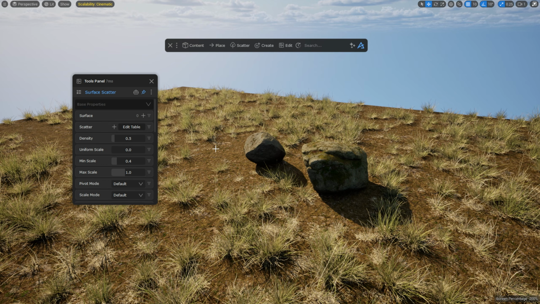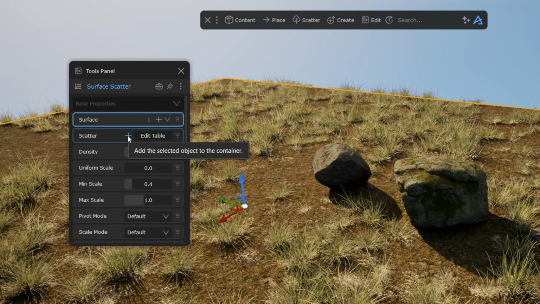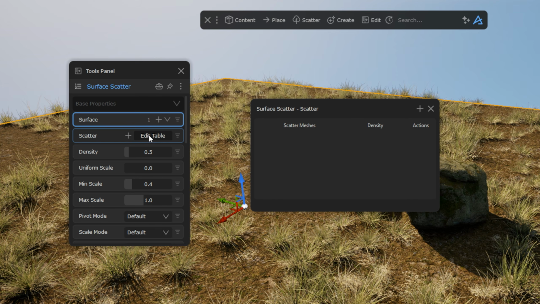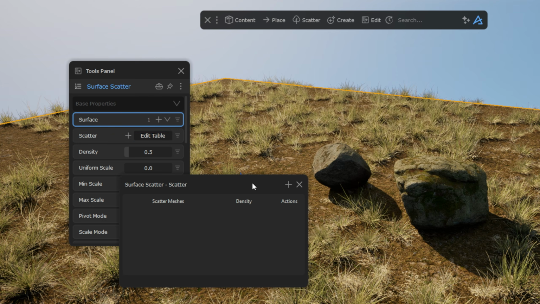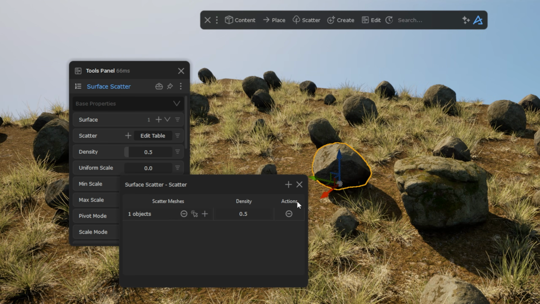In the Tools panel, I can set my surface, in this case the terrain, and then define what I want to scatter on it. I could select the assets in the scene and click the plus icon to add them, but let's say I want more control. I can click on the Edit Table button, which opens up a list where I can add assets manually. This allows me to adjust the individual distribution ratios of each mesh, rather than controlling them all at once with